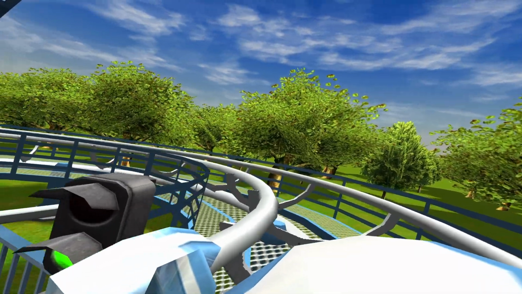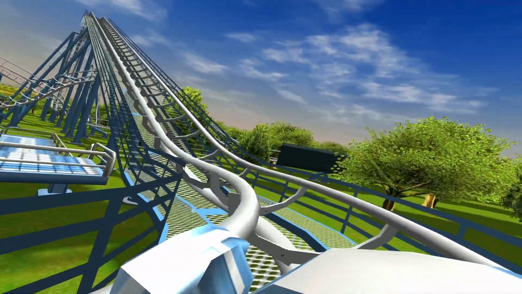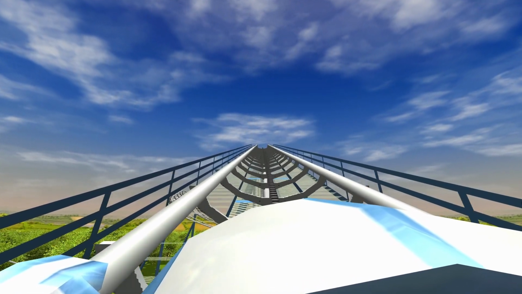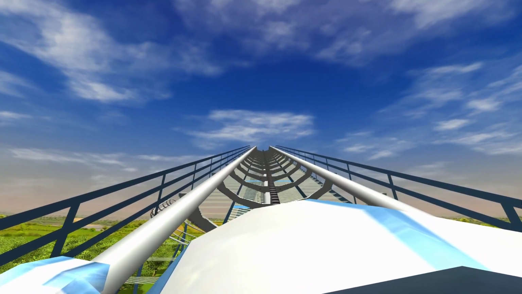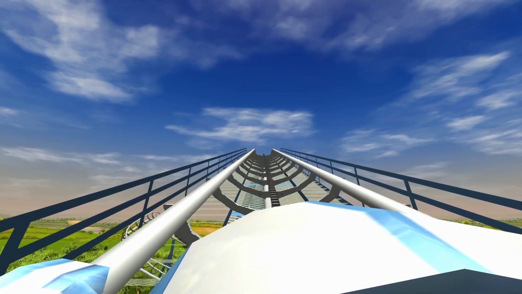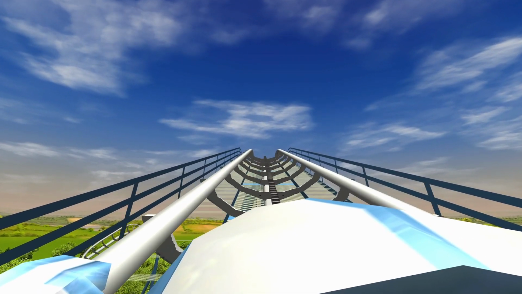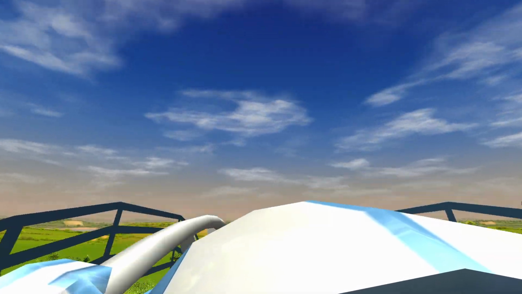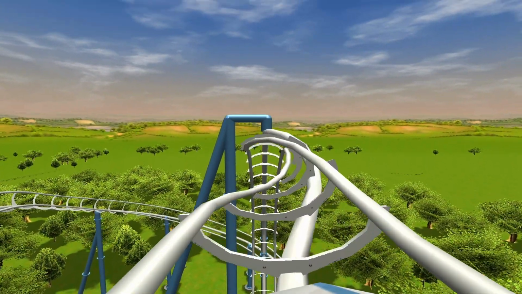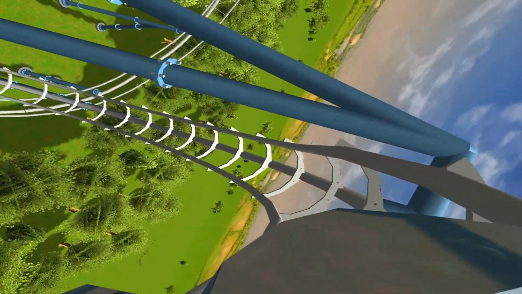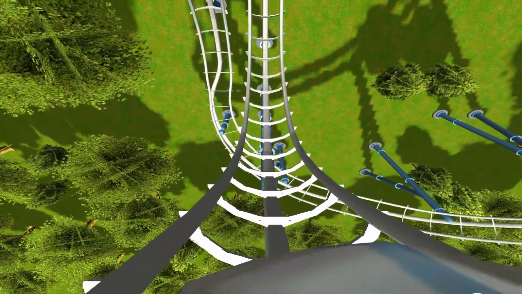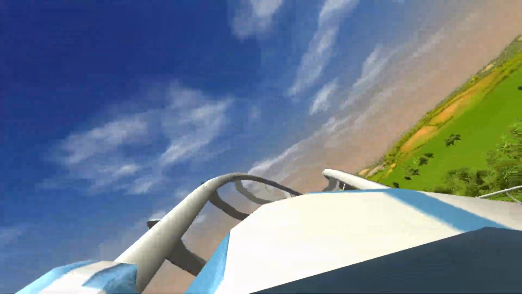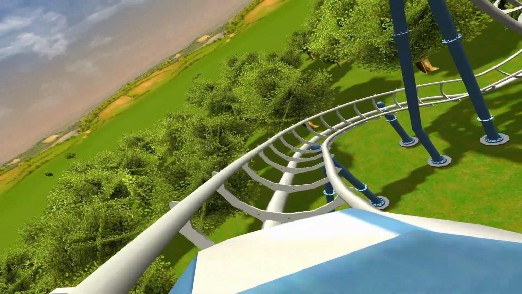So here we go into the chain lift. Okay, here we go. Let's see what we got with the pipeline roller coaster. Making our way up into our first twist, which is kind of slow. Oh, that must give some amazing hang time, I guess. Yeah, hang time, I believe. Into our first turn, and then we go around the first element, first inversion,